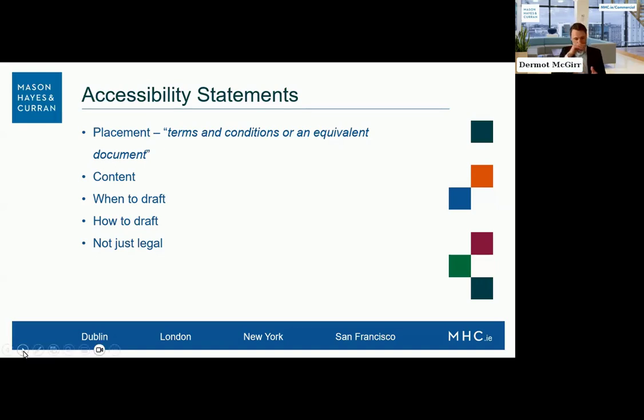So in practice, what we talk to clients about is you start with the detail. You start with, well, here's what we know our requirements are, and here's what we've done. And you start with that longer form document, and then you mold that down into something which is meaningful for your users, for your customers.